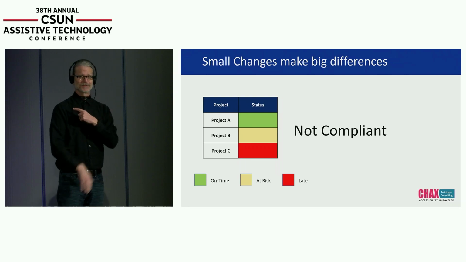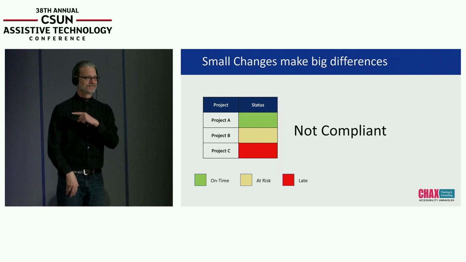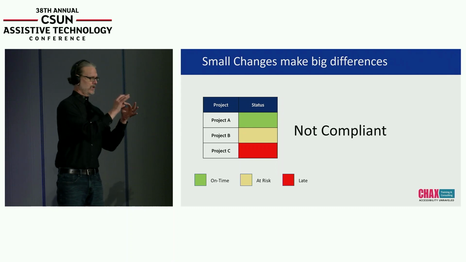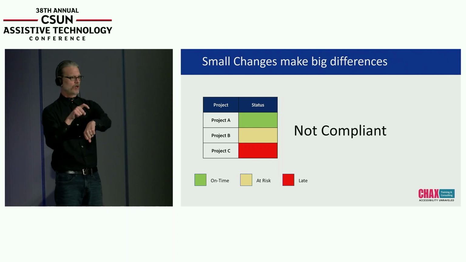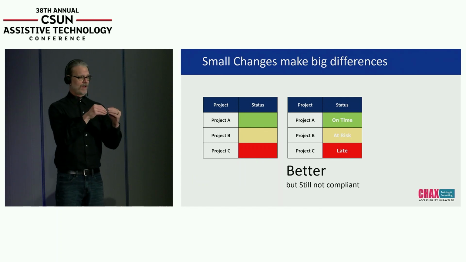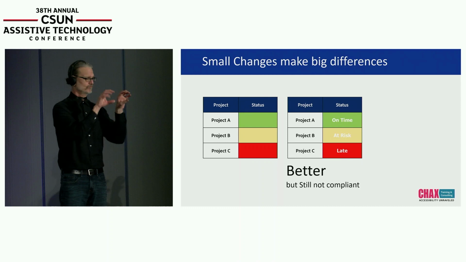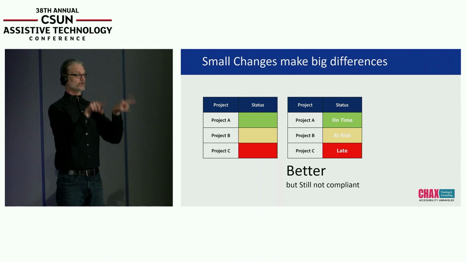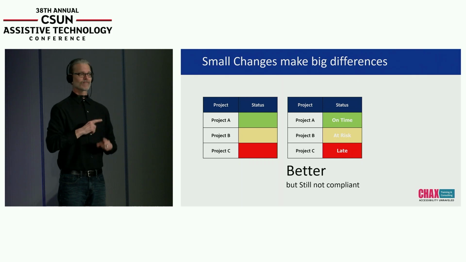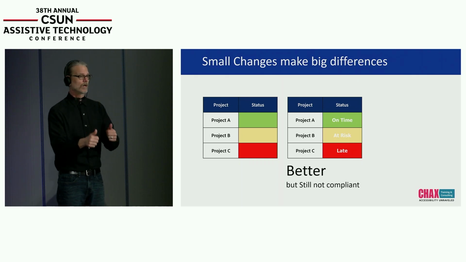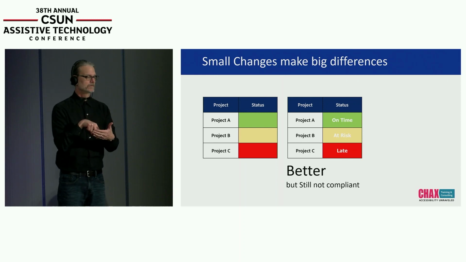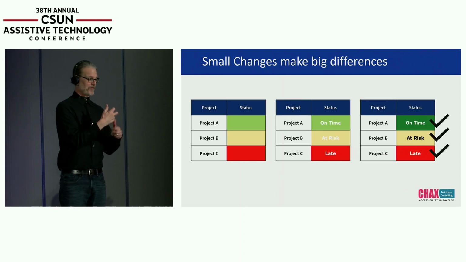It's not an accessible table because I have to be able to, one, perceive color, and two, make the correlation between the color and the legend that says on time, at risk, or late. If we add text to this table, now for someone who's using a screen reader, it's a great experience. But for someone with low vision, the words on time, at risk, and late that are now placed inside these colored cells are really hard to read. So we've solved half the problem, but not the other half.